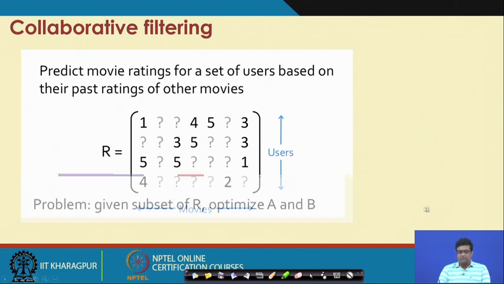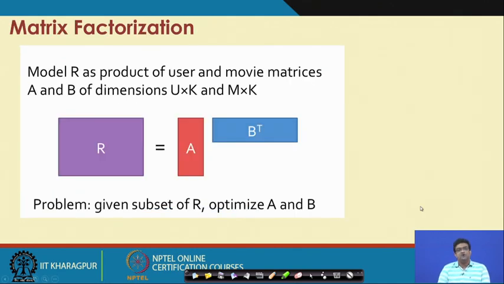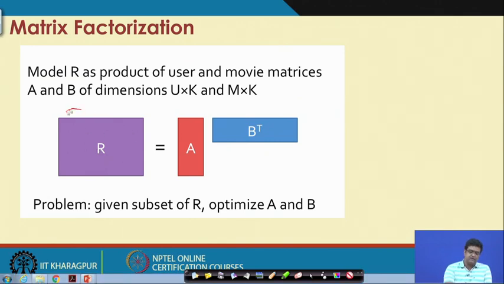A popular approach to solving this collaborative filtering problem is what is called a matrix factorization model, which is to say that you factorize the ratings matrix R as a product of two matrices.